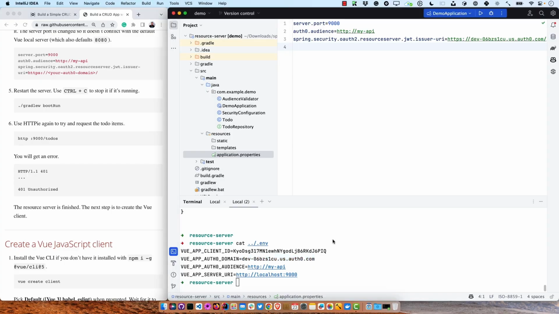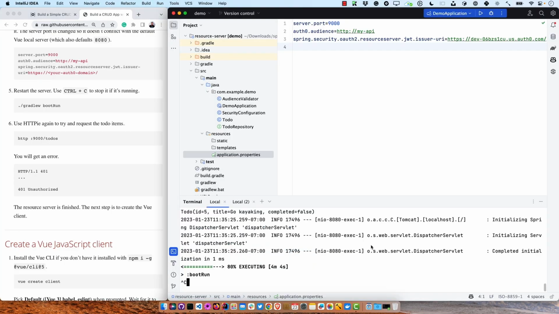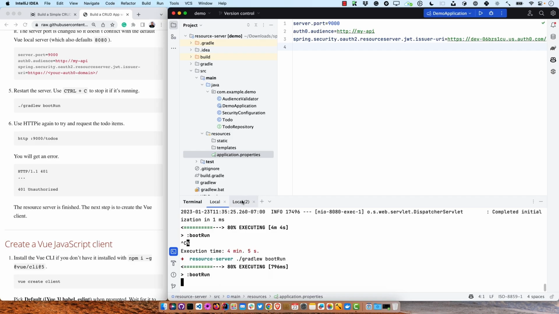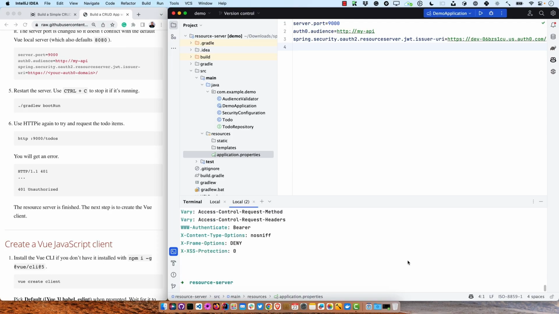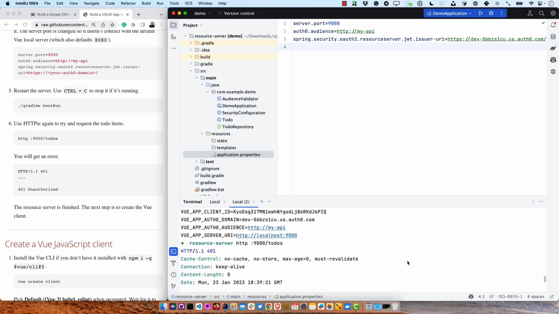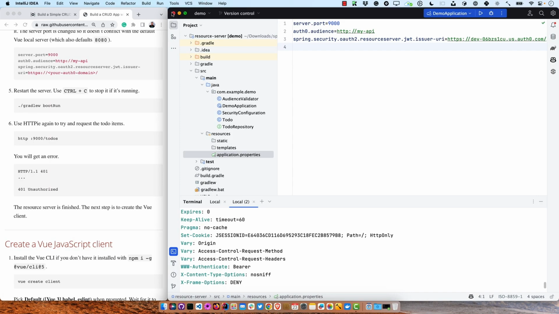And so now we can start up that server again. It's still going, so Control-C, restart it. And then if we try to hit it with 9000/todos, because we changed the server port, you'll see now we get a 401 access denied. So now let's create the Vue client that can talk to that backend with an access token and make it all work. So we're going to start by, I'll close this one out